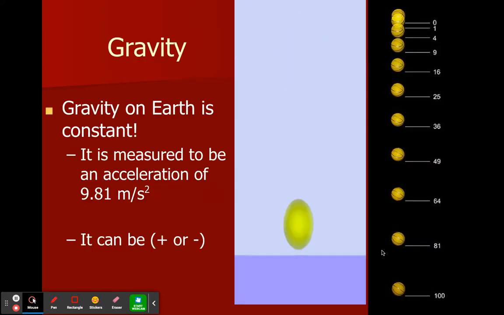All right, we need to start talking about this term called gravity. Gravity on Earth is measured as 9.81 meters per second squared. That means when we drop this ball, it's going to start accelerating. If you remember back to motion, this is like a dot diagram. It's going to get faster and faster and faster, and eventually it will hit a constant velocity called terminal velocity, which we'll talk about later on. But acceleration due to gravity can be positive or negative. We tend to think of it as negative because we usually think about dropping something. We think of the earth as zero, and the ball is moving in the negative direction toward it.